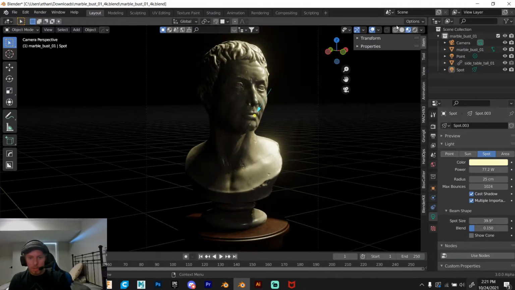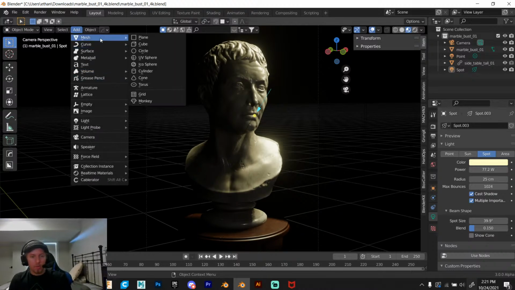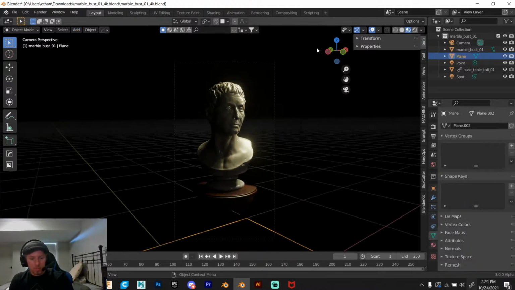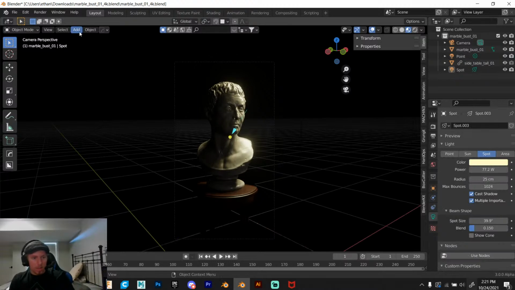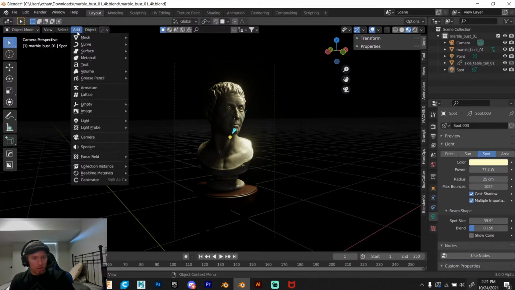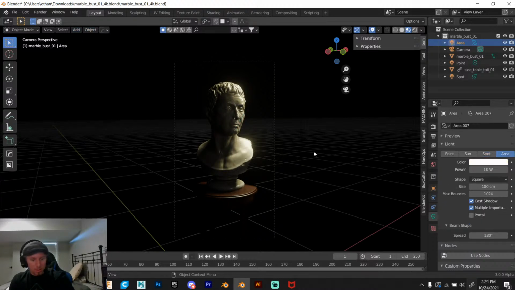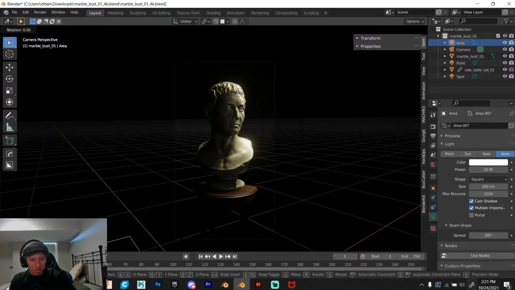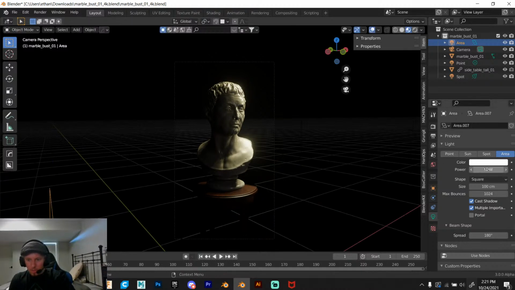So compositing is a nice technique to make sort of lens flare effects. And you do this by using the compositing tab here, but you need to have a render done first. So let's bring in one more area light. G, R, X, no, Y, 90. There we go, power,